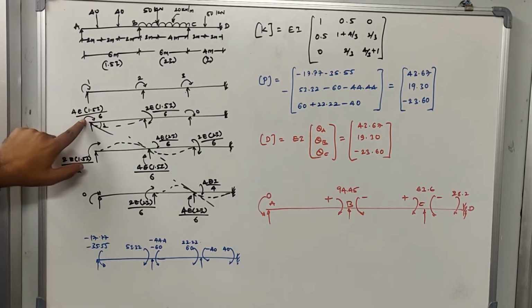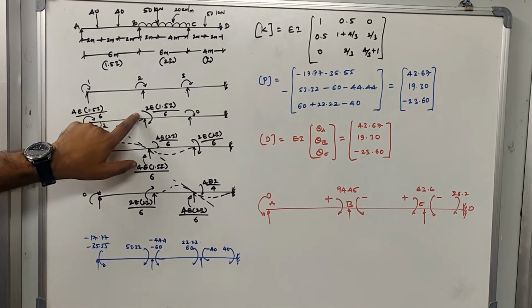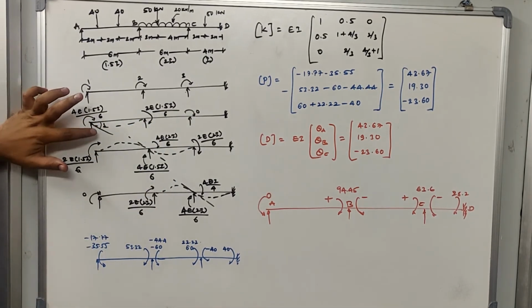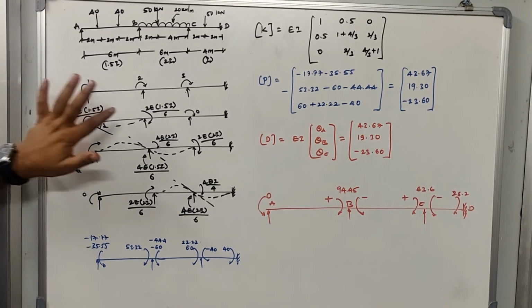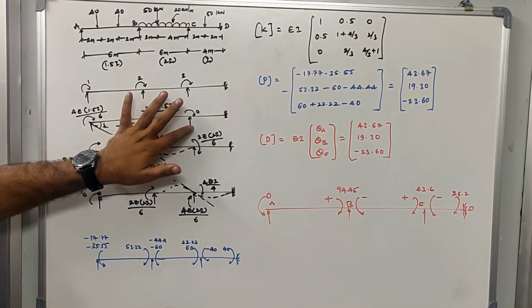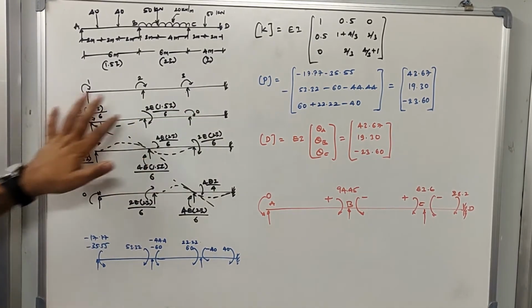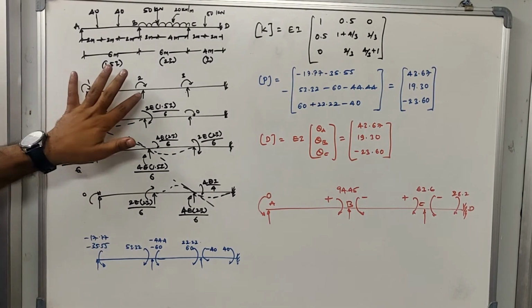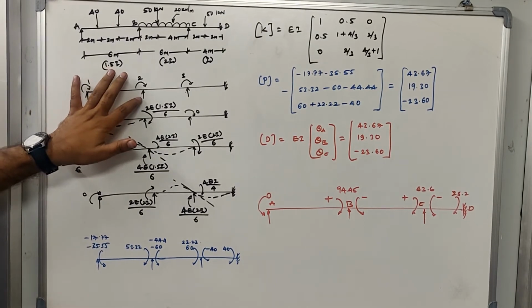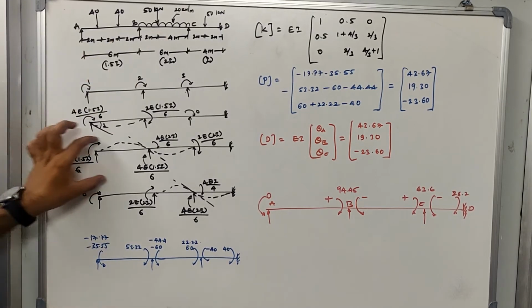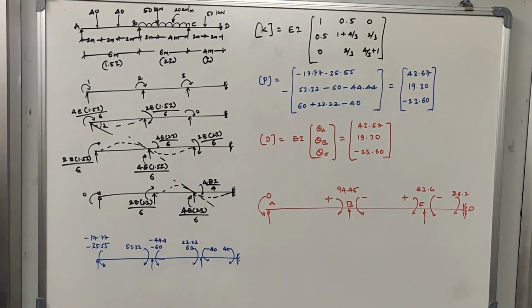Okay, now the first coordinate and second coordinate are determined. At the third coordinate, as you can see, because of the unit rotation at the first coordinate, no moment is created at the third coordinate. So that's why it is 0 here. Once this is completed, we go to the next joint, which is joint B. At joint B, which is my second coordinate, I'm going to apply the unit rotation. This is the figure we can refer to in order to identify the moments created because of the application of unit rotation at the second coordinate.